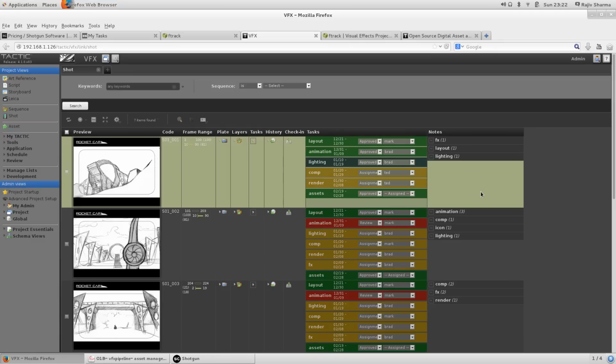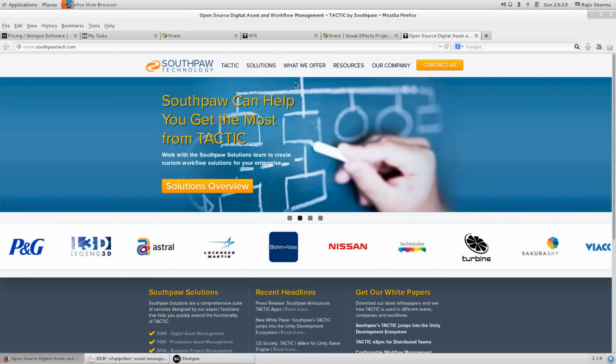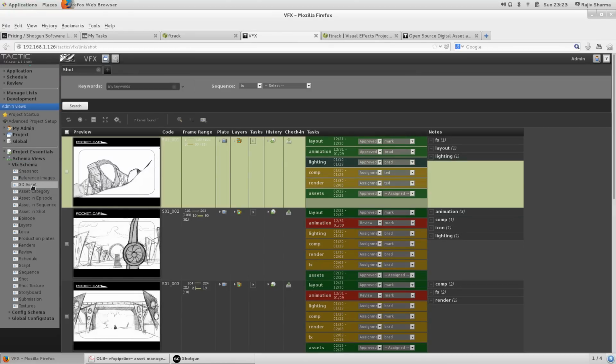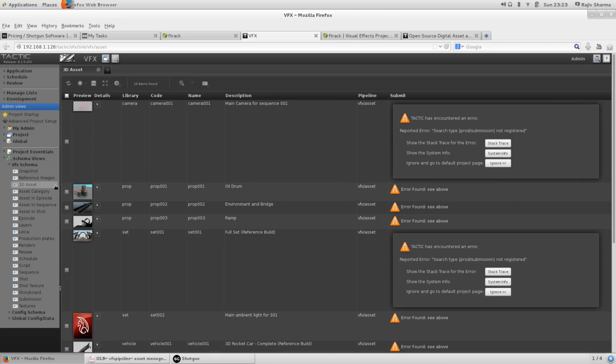Once you learn how to do this, I definitely recommend this Tactic software. And yes, download it, install it. If you have questions, you can search Google, or go to the Southpaw Technology website. There are people who will help you, who have already created solutions for their issues. So yes, other than that, this is not a small software to explain all the things here